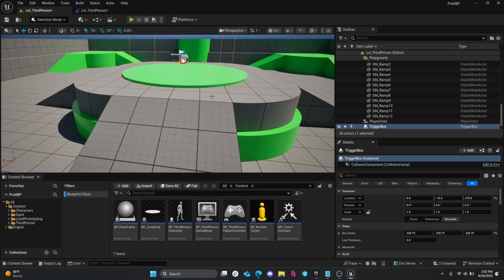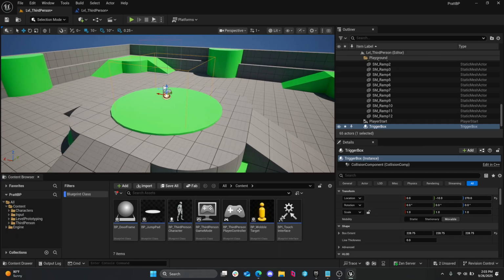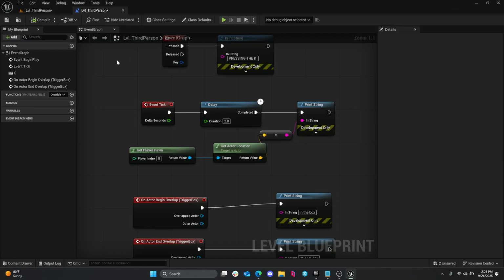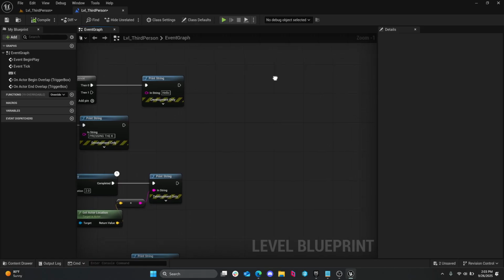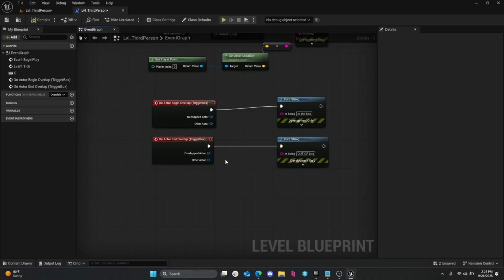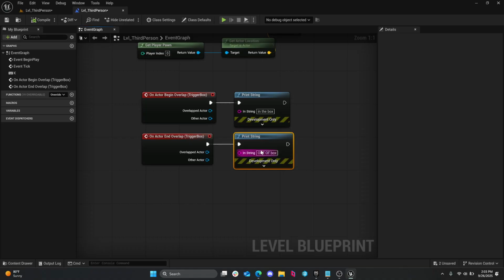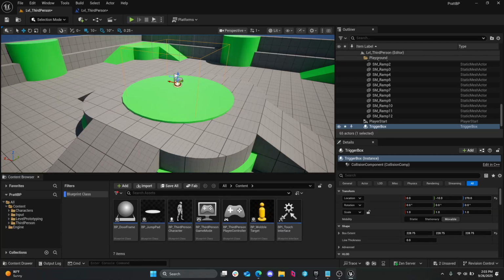But why don't we get a little bit more fun with these trigger boxes? Why don't we make some room for ourselves? And we're going to use the event begin overlaps still. We're going to use that trigger box still. But let's go back to the level and let's create